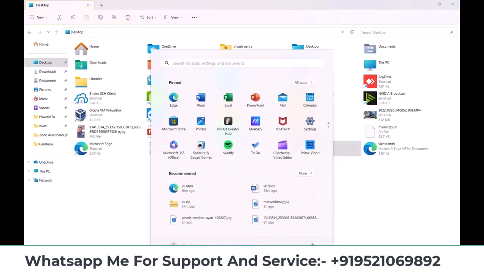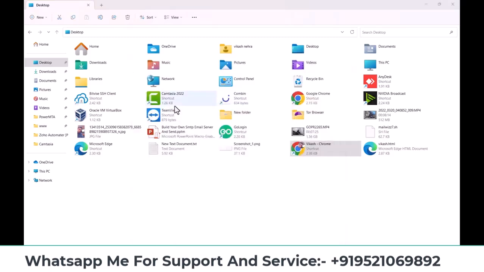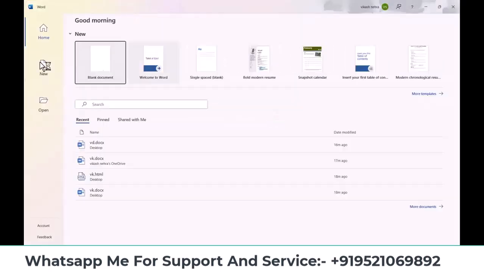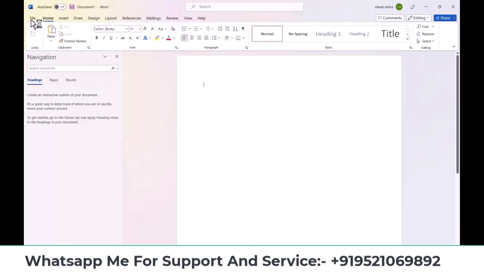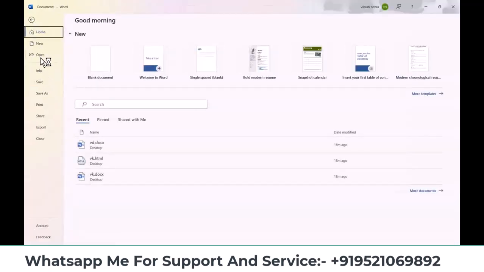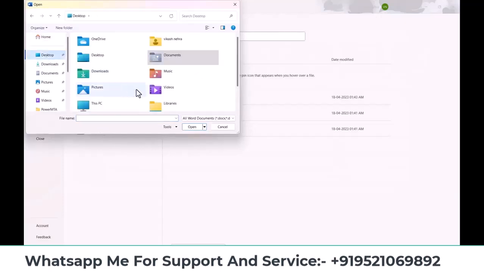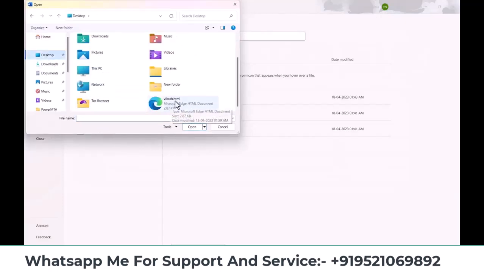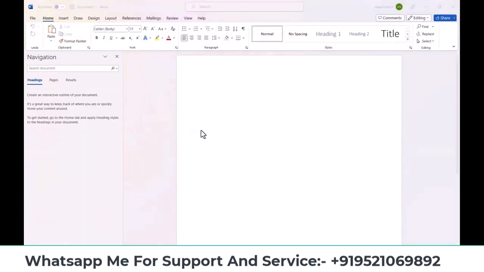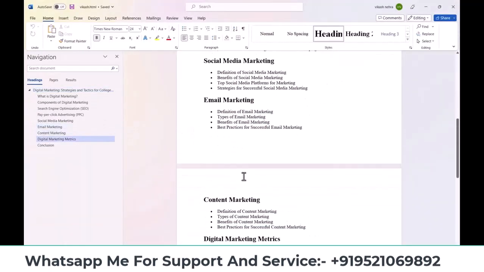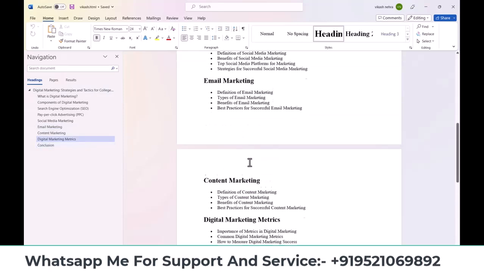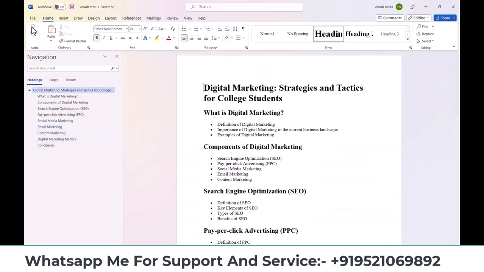After that, you need to open Microsoft Word. After opening Word, create a blank document, click on Open, browse to the desktop, and select the Dicus.html file. All the formatting and designs have been imported correctly. Now, since it was originally in HTML format,